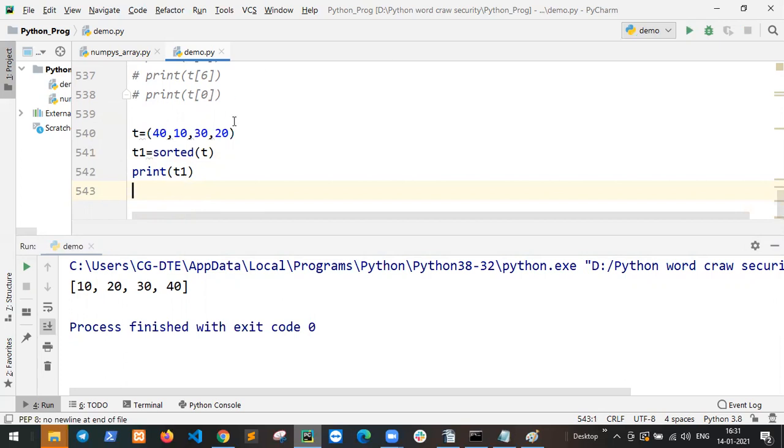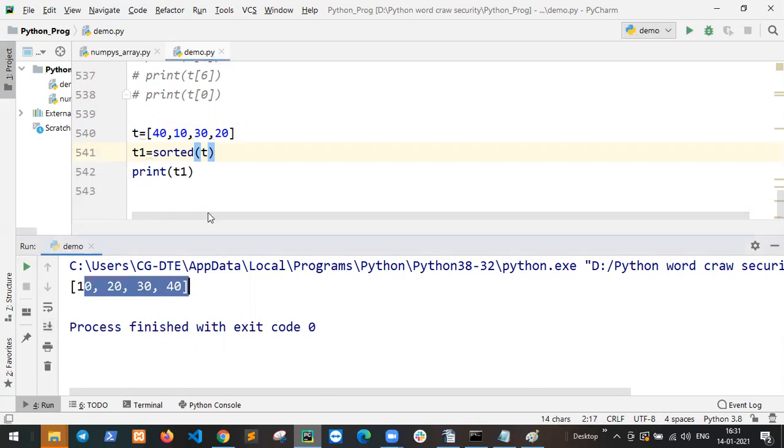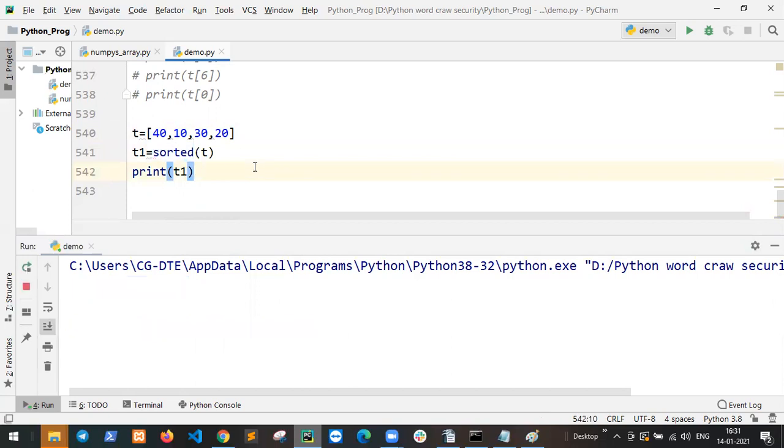If I define a list with 10, 20, 30 and 40 and use sort, not sorted, it stays a list.